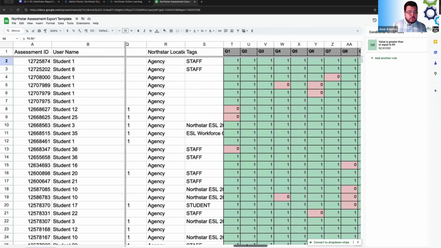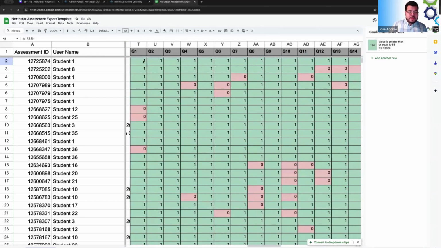If I go to the questions, same thing. I'll click on it, it will give me the options. Value is equal to 1, which means that is correct. I have it as green. Value is equal to 0. I have it as red, and then a cell is empty,